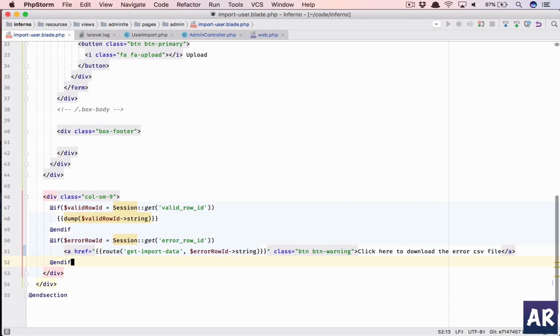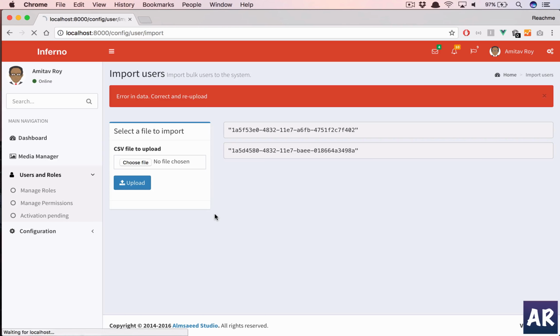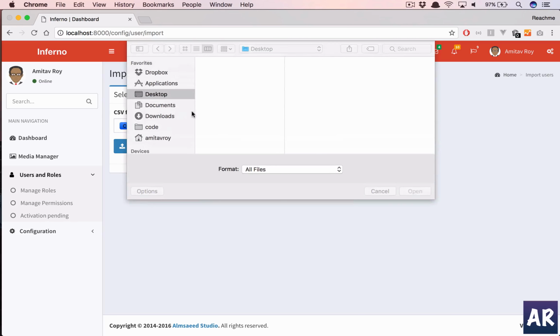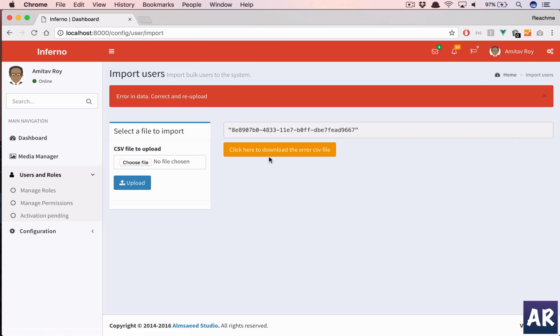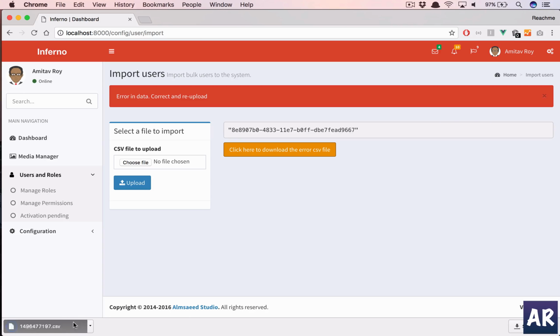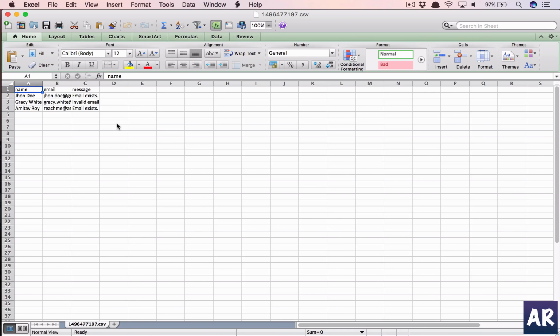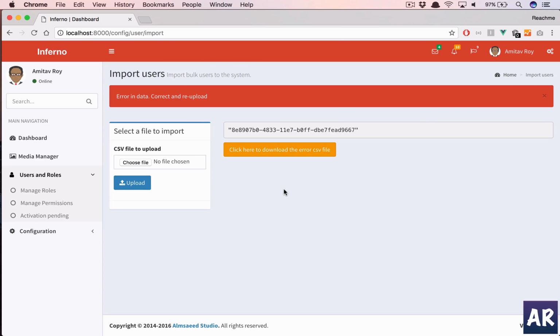All right, so we have the a link. Hit refresh, close this, and all right, so we have this link here. If I click on it, it gives me a CSV, and it has the 3 rows with the errors in it. That's good. Now let's handle the next part, which is creating the user, the incomplete users which we have,